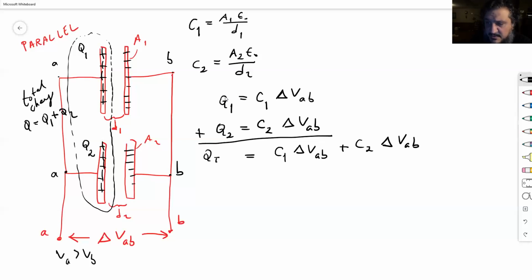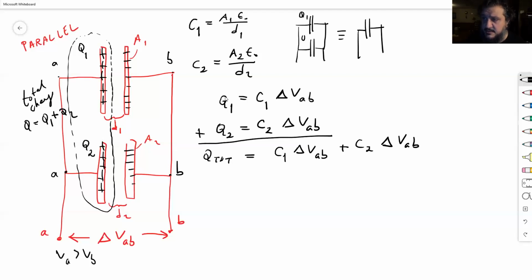This is Q total on the left-hand side. Now, if it was possible to replace this system of two capacitors with one capacitor which would hold the same charge, meaning Q total, Q1 plus Q2, on the single capacitor,